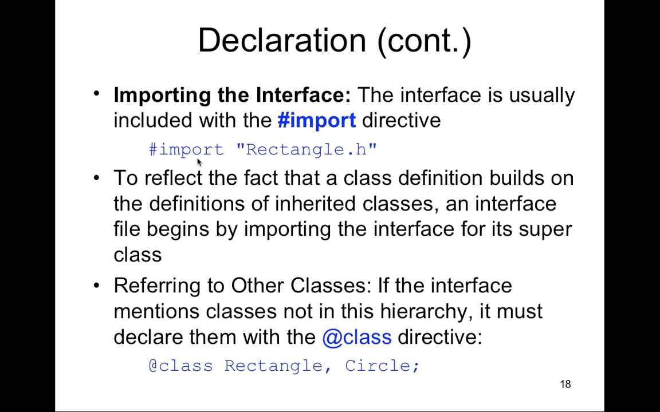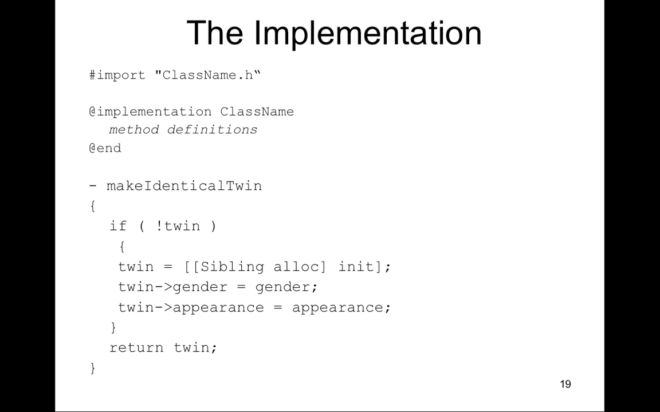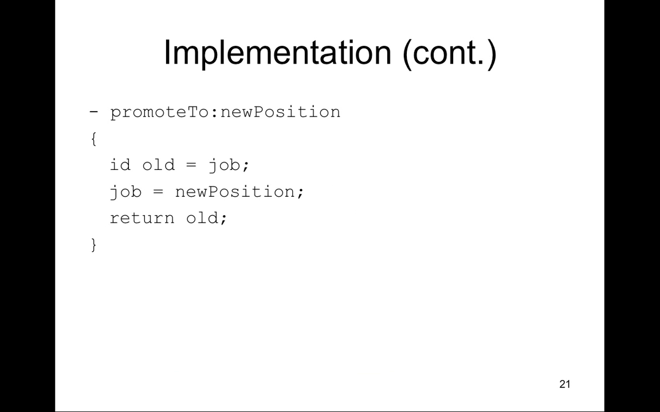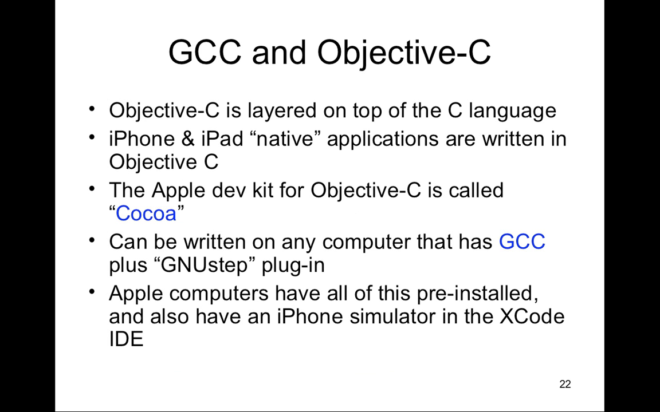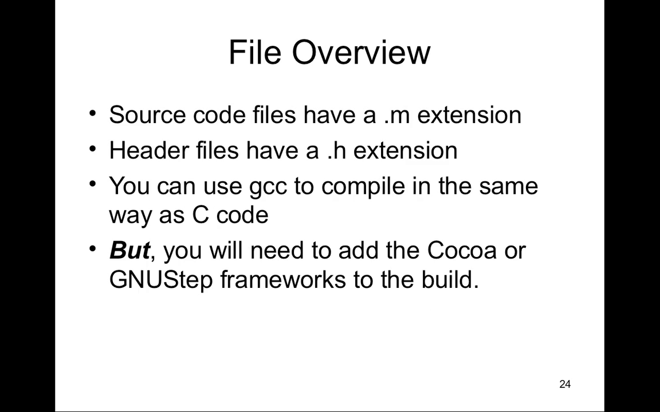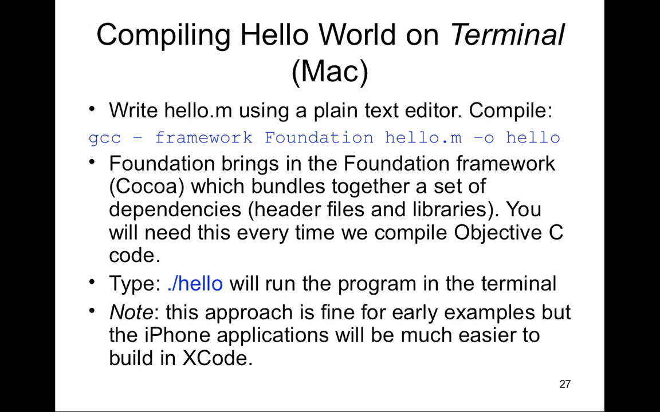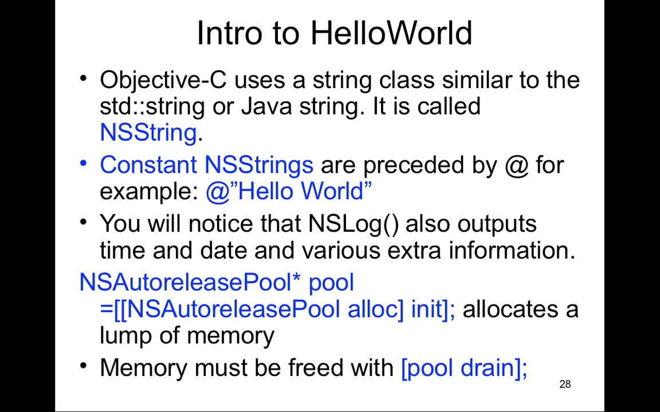And then the @class directive for rectangle and circle, to define the class in terms of referring to other classes. So if the interface mentions classes not in the hierarchy, it can use an @class to refer to a class that's outside of the hierarchy. And we looked at the implementation examples of a worker and production worker, and I showed you employee and person. We looked at compiling on a command line prompt, and we ran hello world, and we looked at strings, string objects,